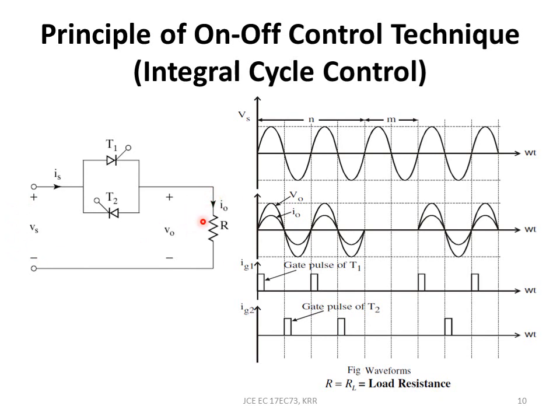And how much less it will be depends upon the duration of the n time, that is the on time, and the duration of the off time. If my on time duration is more, definitely the output will be more. If my on time duration is less, the output is going to be less. In this way, I will be able to get an output which is variable, from completely on for the complete cycle, or I can make it intermittently on.